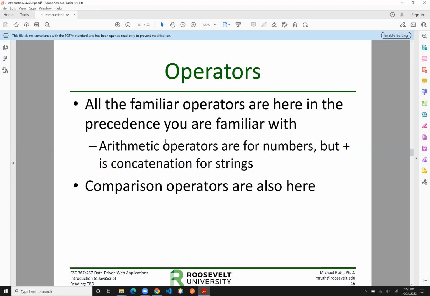Same thing if you did 4 plus 2. JavaScript doesn't care about types. So if you're looking for an integer and you did the 2 plus 4, it converts it to a string and then tries to put it in an integer, and then it says, no, you can't do that. JavaScript's like,